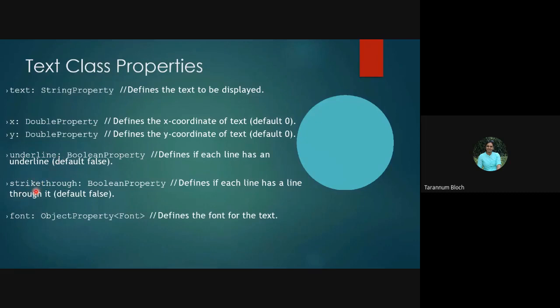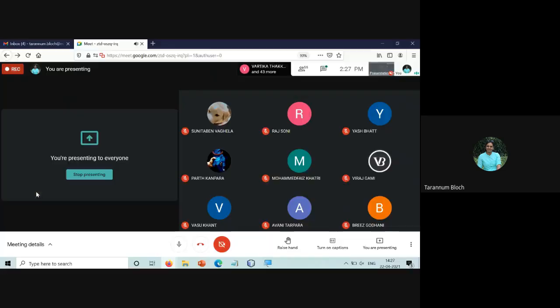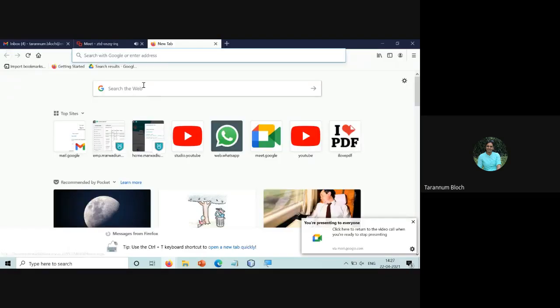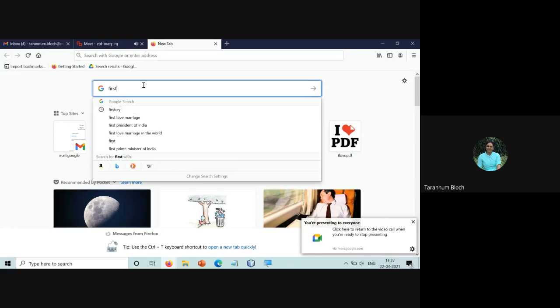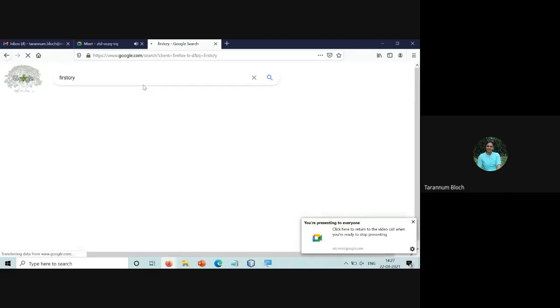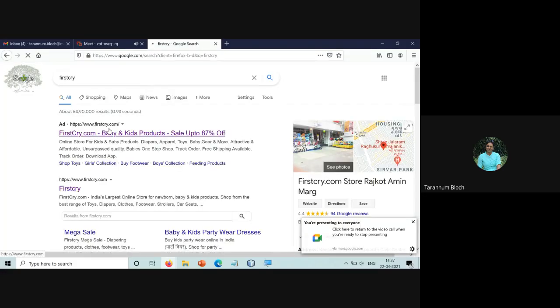Can anyone tell me what is strike through? Have you seen the strike through ever? Anywhere on the text? What is strike through? Anyone? Line forward, right?